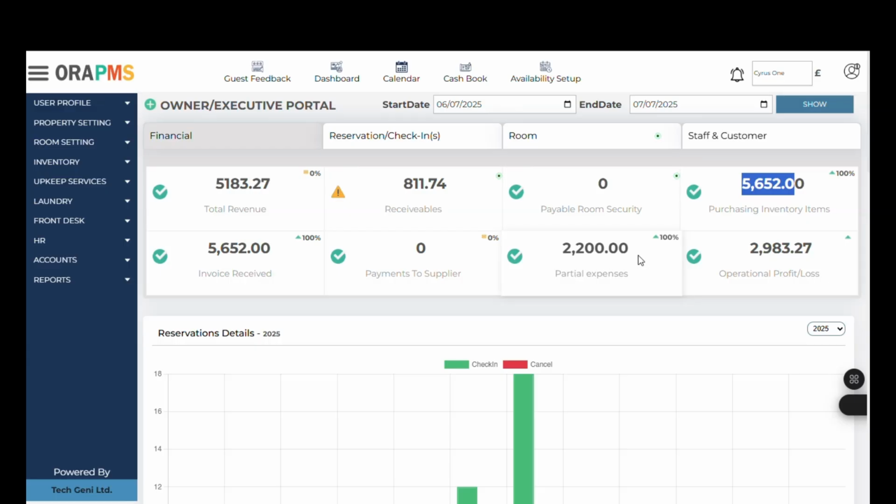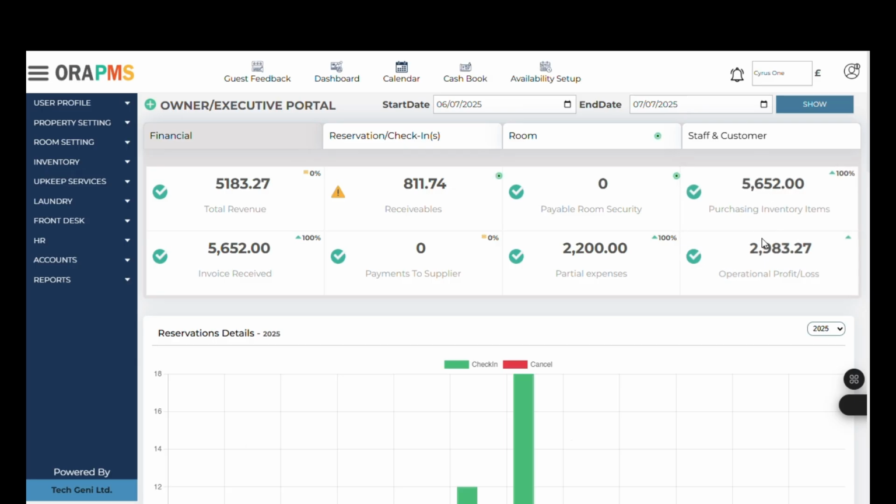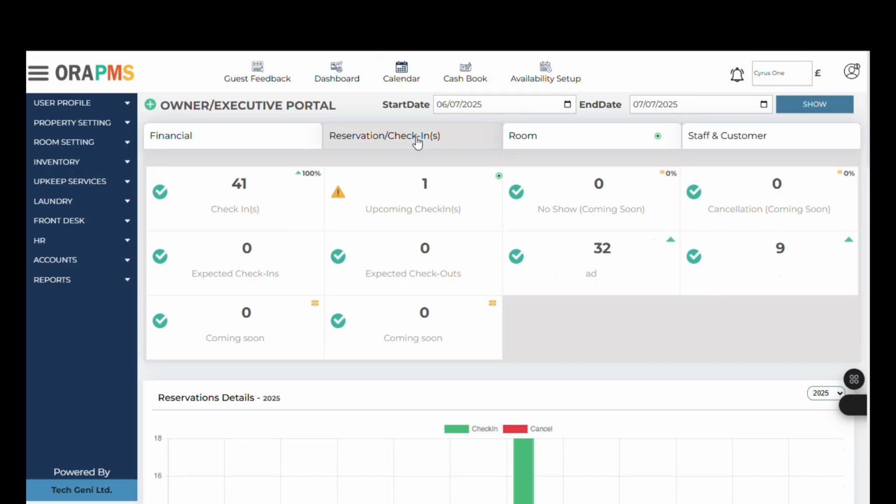Operational profit loss represents the total profit or loss by the property during the date range, calculated from the total revenue and total expense. Now, moving to the next section, reservation check-in. There are 6 predefined subparts of reservation check-in details, which include check-in, upcoming check-in, no-show, cancellation, expected check-ins, expected checkouts, and 1 reservation check-in source-based